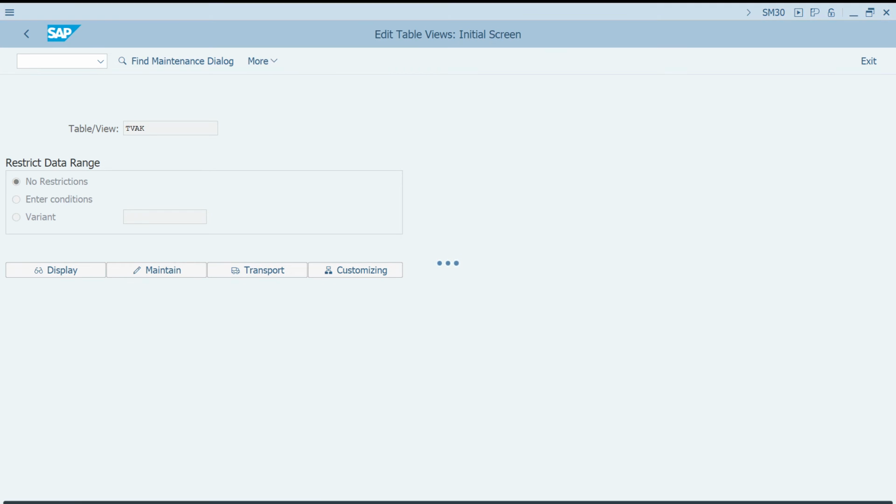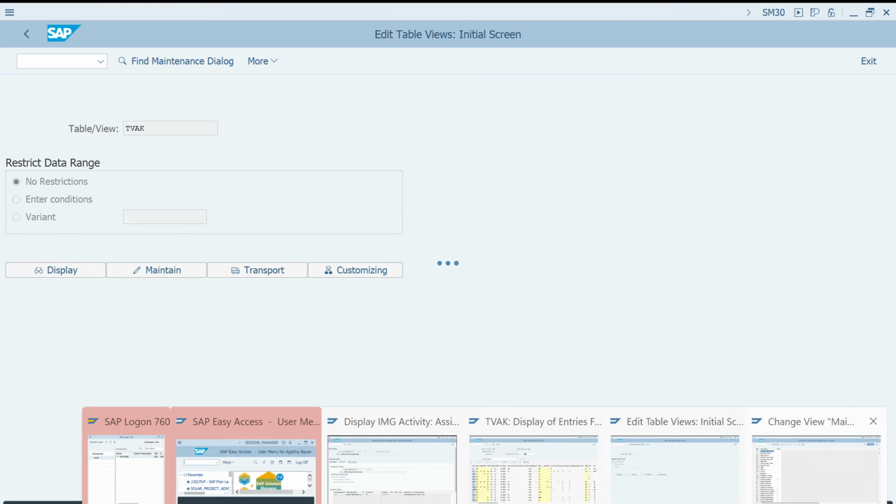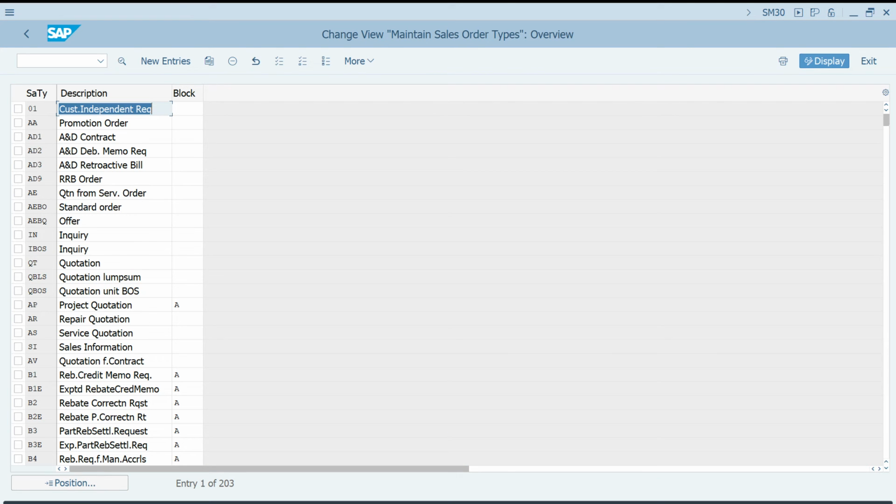So what I mean to say here is that if you enter the TVAK table and click find maintenance dialog, the system displays the maintenance view available for this table. Then you can select the relevant one and click maintain. Okay, fine. Now we will see how to maintain the translation for